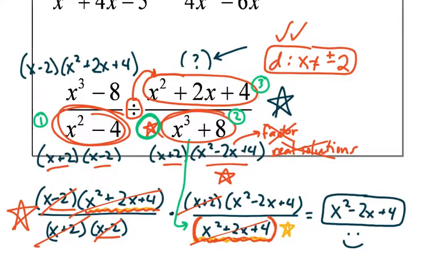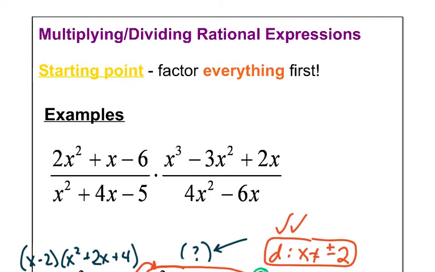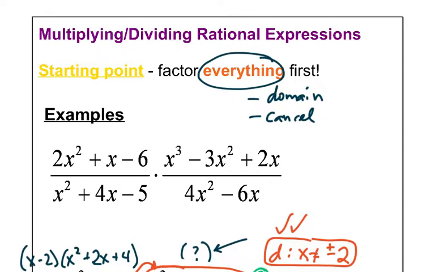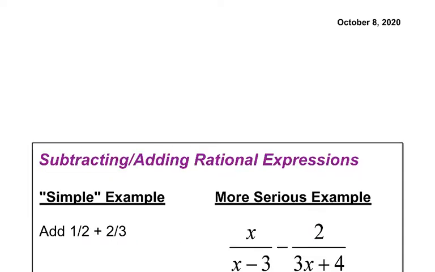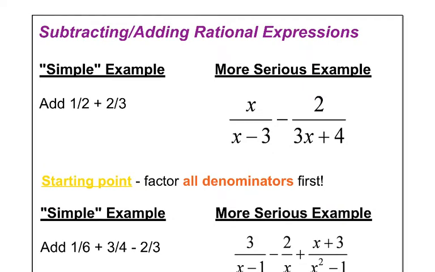So that's how you multiply and divide rational expressions, folks. Factor everything first, then work on your domain from the denominators, and then have fun. Destroy all the common factors that you see, top and bottom. Next time when I see you, this one gets a little bit tougher. Now we're going to try to add and subtract fractions, which, if we're just dealing with numbers, is not bad, but when you're